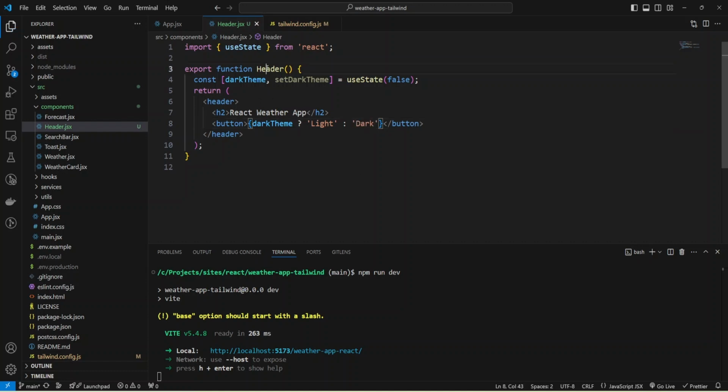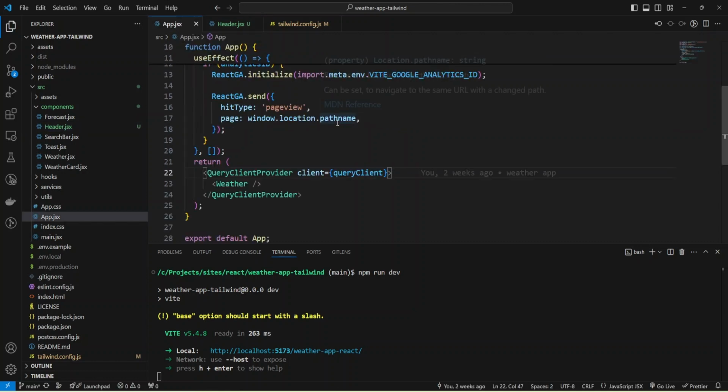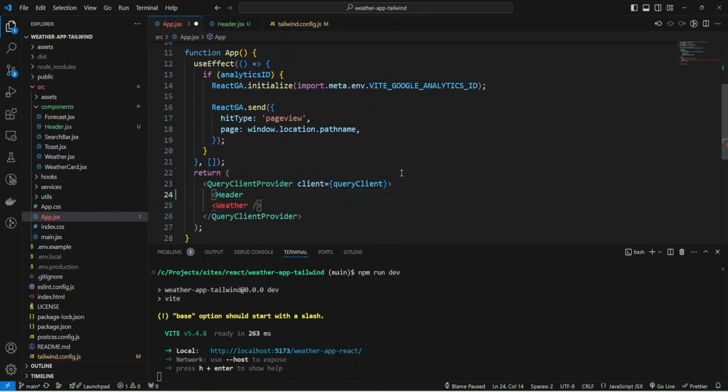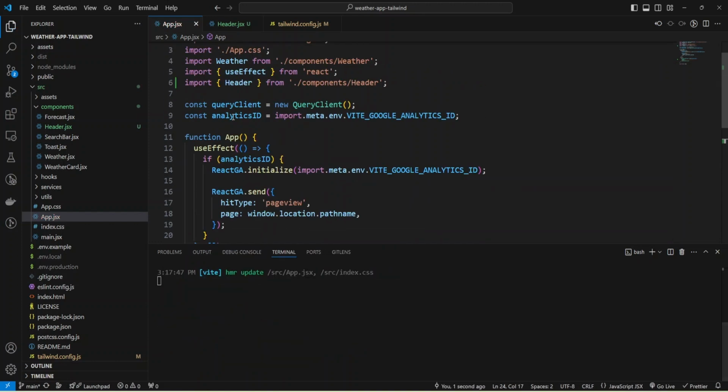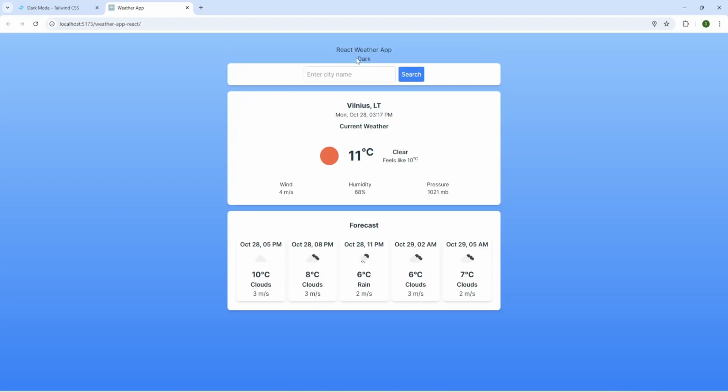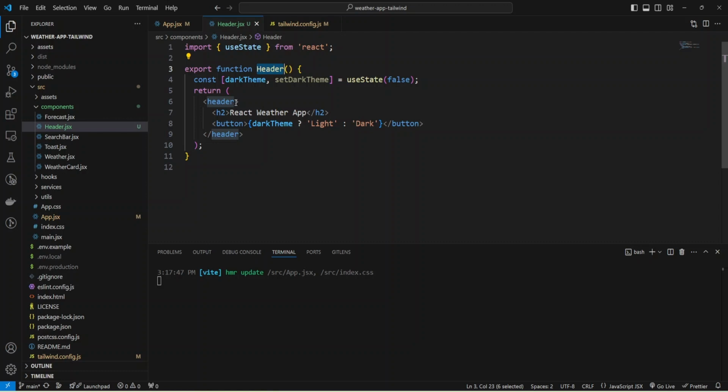Okay, and let's add our header component into app.jsx. Add header and close it. And the import was added. Let's check our application. Okay, we have our text and our button, and we can provide some styles.